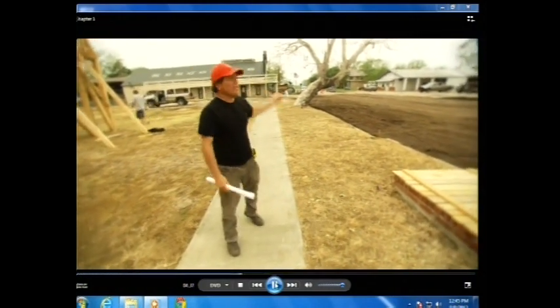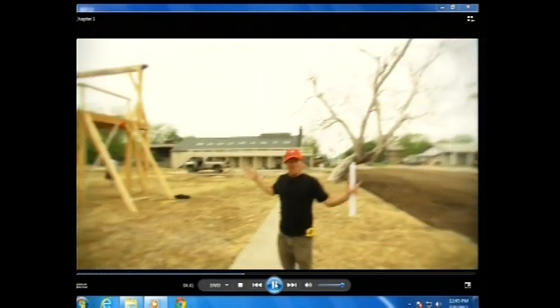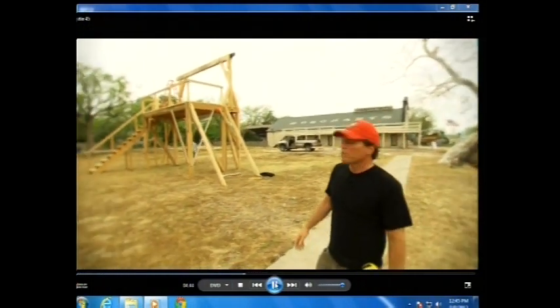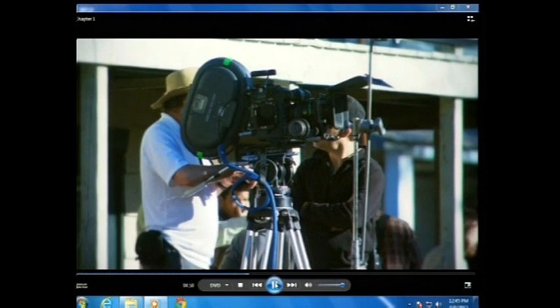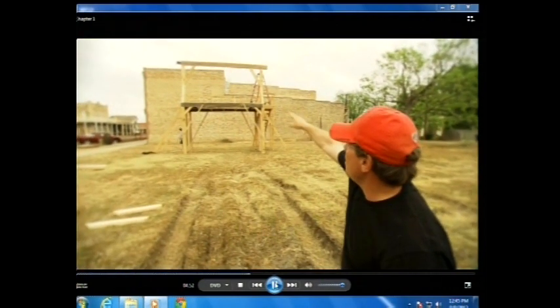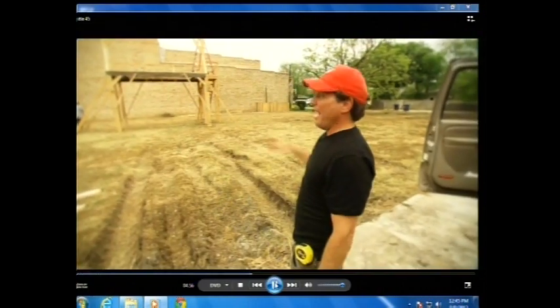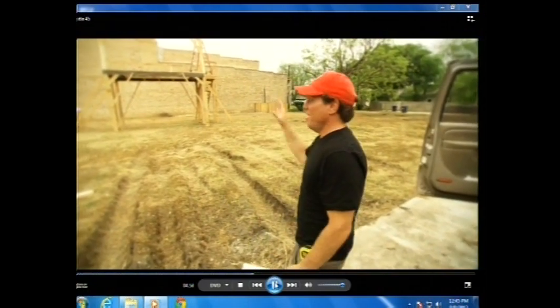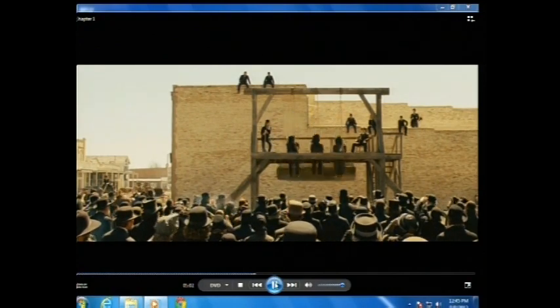And that's just a great tree because we're going to have the big hanging scene, and there's going to be maybe a couple of hundred extras. We're going to put some people up on that roof line watching, which I think is going to be cool. It's just going to let the characters and the costumes take this scene over against that blank wall over there. I think it should be pretty good.